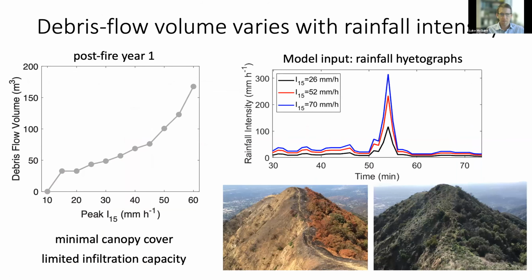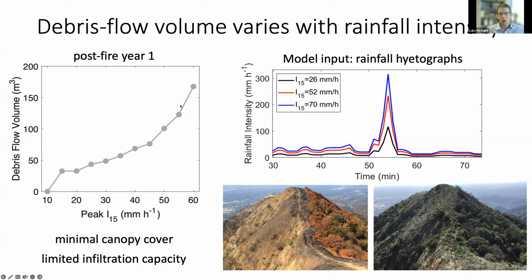And we can summarize this information further by looking at things like, well, what's the volume of debris flows that came out of the outlet of this watershed? How does that vary with things like rainfall intensity? On the right are a series of hyetographs with different values of the peak 15-minute average rainfall intensity, which I'm denoting here as I-15. You could think of this as being associated with different design storms, maybe like a one-year recurrence interval storm versus a 5-year versus a 25-year. And as your rainfall intensity increases, as you might intuitively expect, you see increases in debris flow volume.